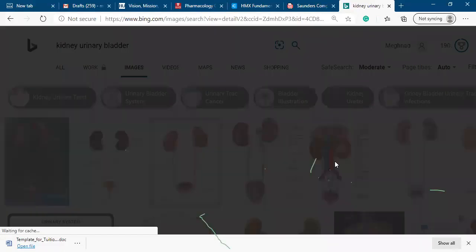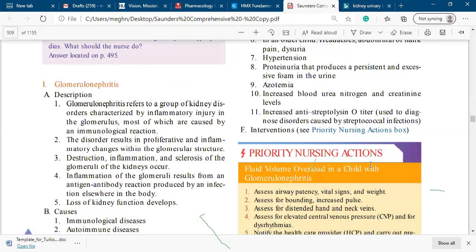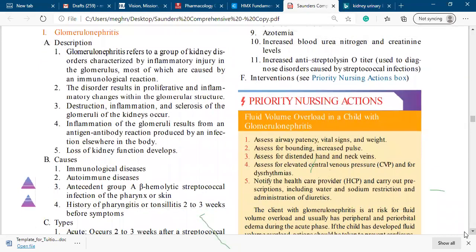So basically here, this is the kidney, with inflammation in that tissue, usually because of an underlying infection, or sometimes an autoimmune or immunological problem, right? When a patient comes to you, you are the healthcare provider. They will definitely not say, I have glomerulonephritis, please give me the treatment. You have to find out by asking the question,